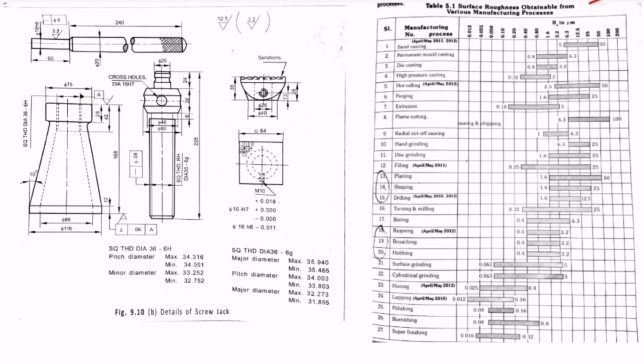This table illustrates the surface roughness values. We can see 12.5, 3.2, 3.2. So this kind of values are there in the figure. Those values are nothing but surface roughness values. Generally 3.2 indicates reaming, broaching, hobbing, or sometimes die casting. 12.5 indicates drilling, meaning wherever there are drilling holes or some surface finishing operations, the surface roughness numbers are indicated from this table.